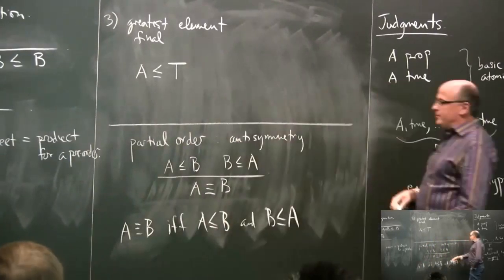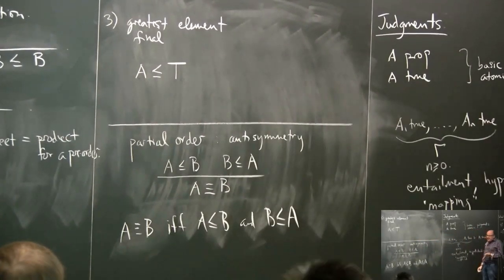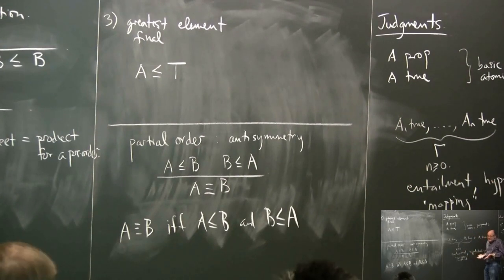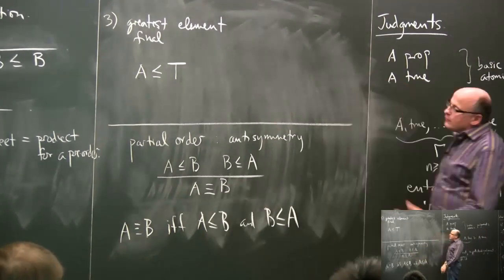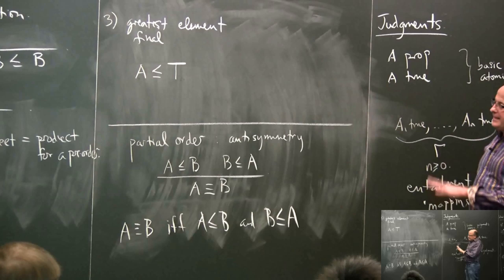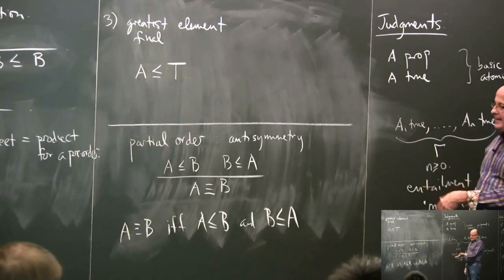In other words, A entails B and B entails A. So, for example, A and A is equivalent in this sense to A. It's not equal to it. At least if you have some prior notion of equality, then it's not obviously equal to it, but it's certainly equivalent to it. So you can get around all of this, and you can see what's going to happen.